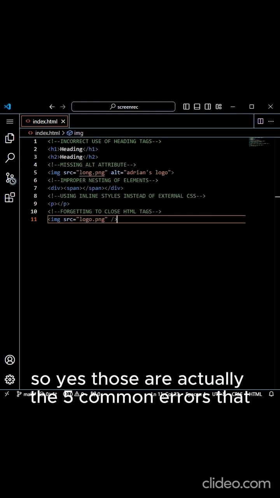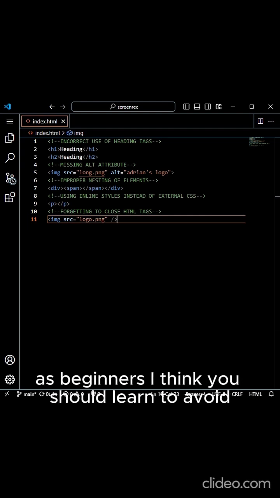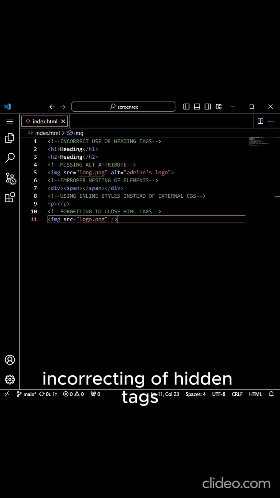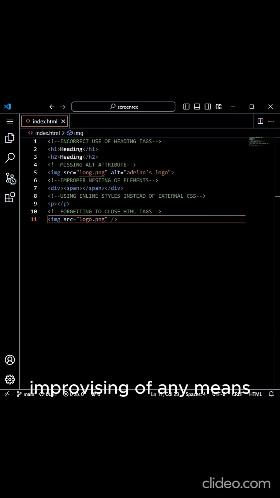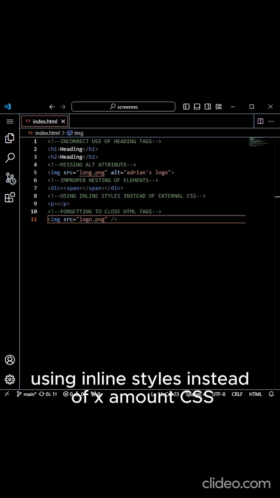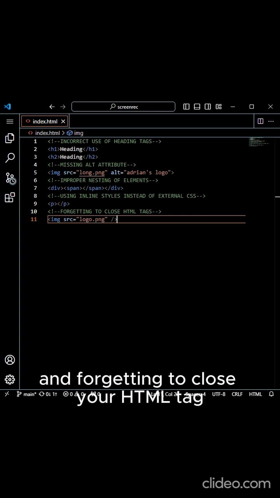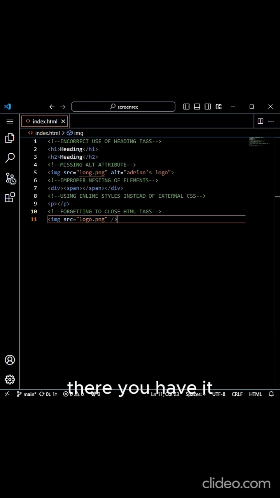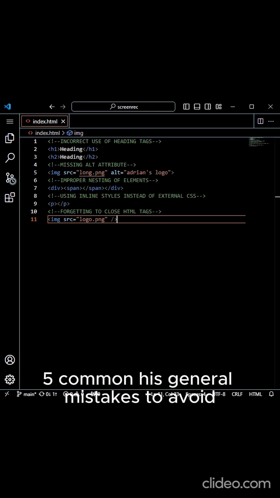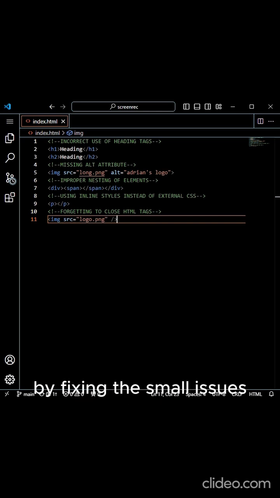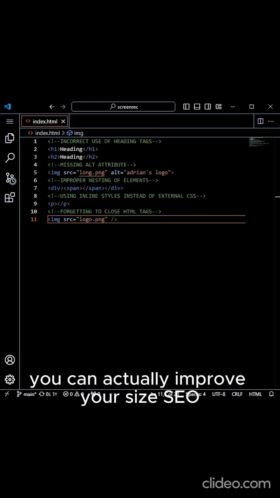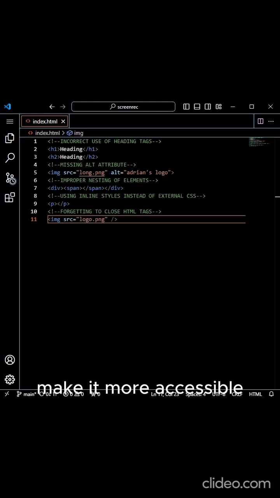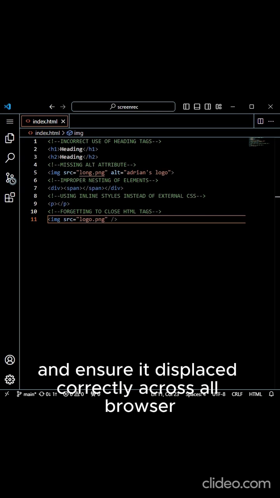So yes, those are actually the 5 common errors that as beginners I think you should learn to avoid. Incorrect use of heading tags, missing alt attribute in images, improper nesting of elements, using inline styles instead of external CSS, and forgetting to close your HTML tags. And there you have it, 5 common HTML mistakes to avoid. By fixing these small issues, you can actually improve your site's SEO, make it more accessible, and ensure it displays